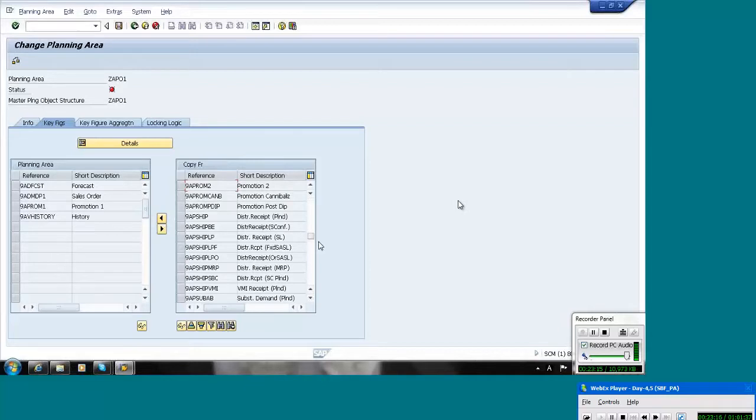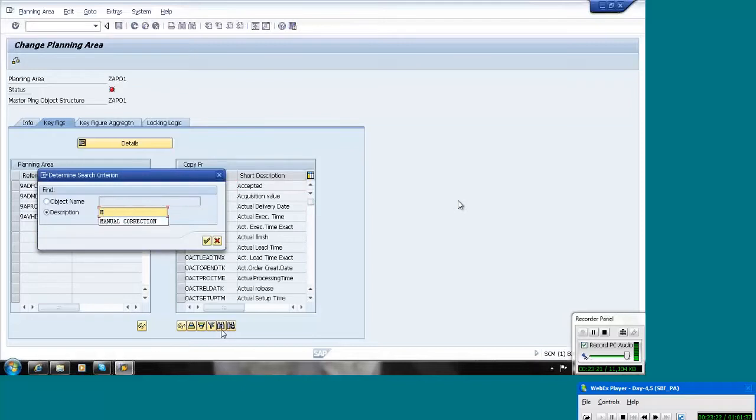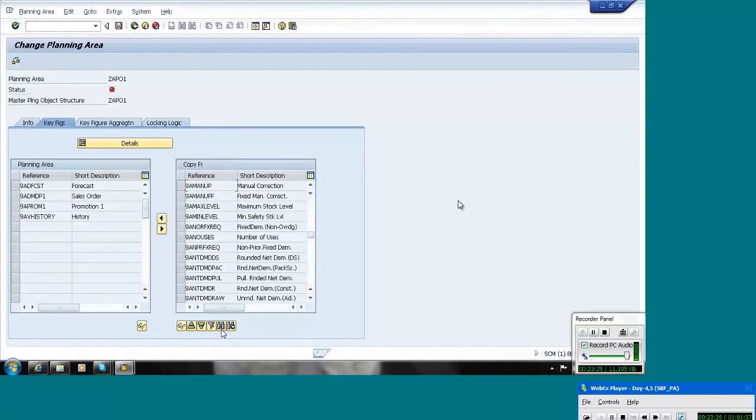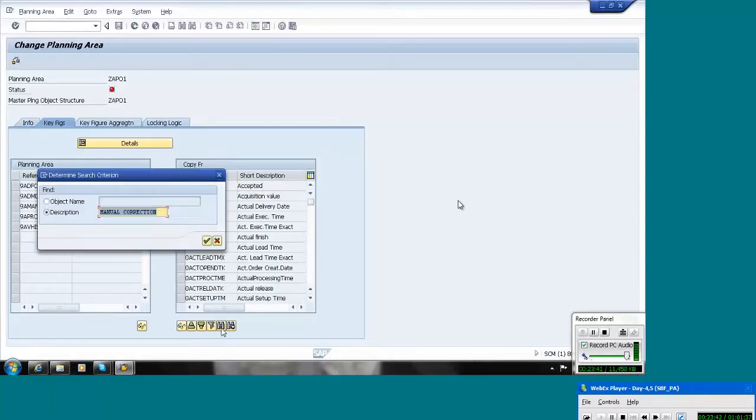And if there are any manual corrections in the consensus meeting, we will give a key figure for that, finalizing the forecast. If they want to do any manual correction, we will give a key figure to do this. And finally, I want to calculate or finalize the total forecast, which will be released to the other systems.